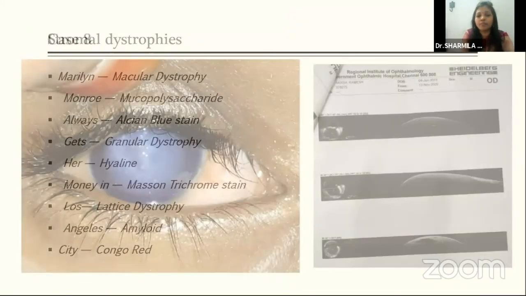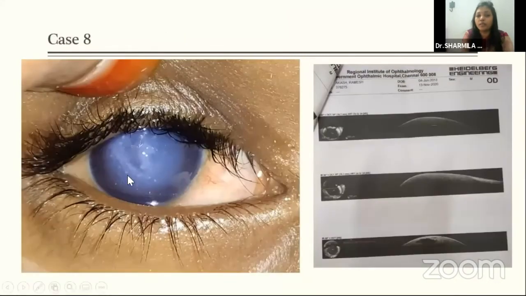Case 8, this is just a corneal hydrops. You can see a steep cornea with edematous cornea, water collection, stromal edema. On anterior segment OCT, there is a good paper by Dr. Sainbesu about the anterior segment OCT findings in corneal hydrops. Whether there is a DM break which is rolled out, which is flat, or whether there are aqueous pockets in it. So you can see the stromal edema, gross stromal edema with aqueous pockets in it.